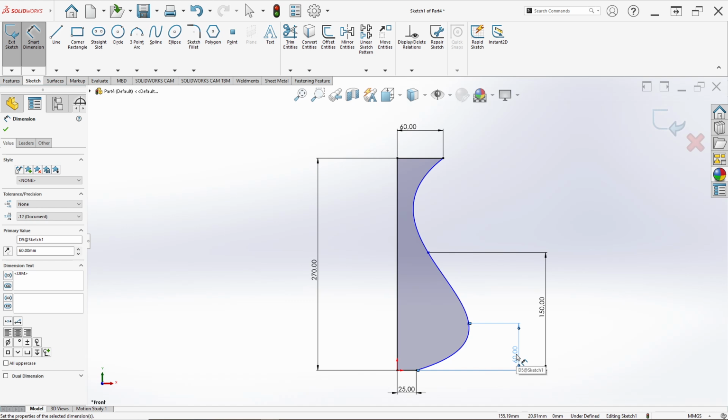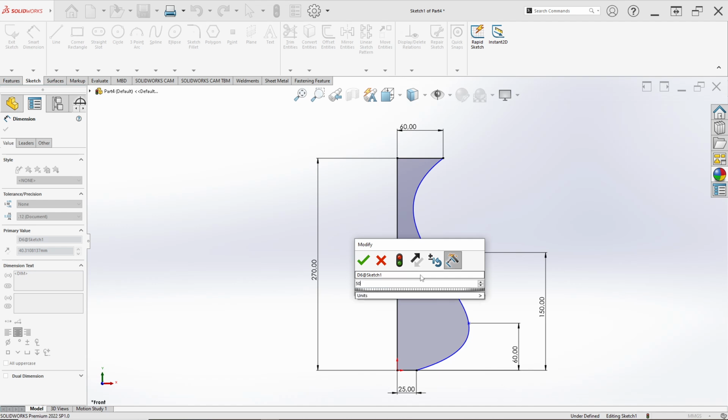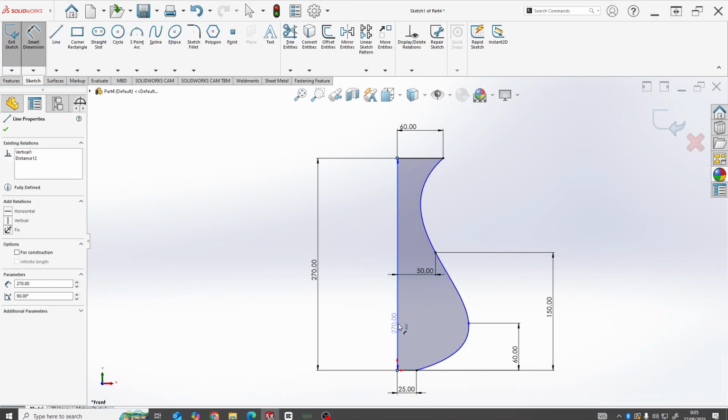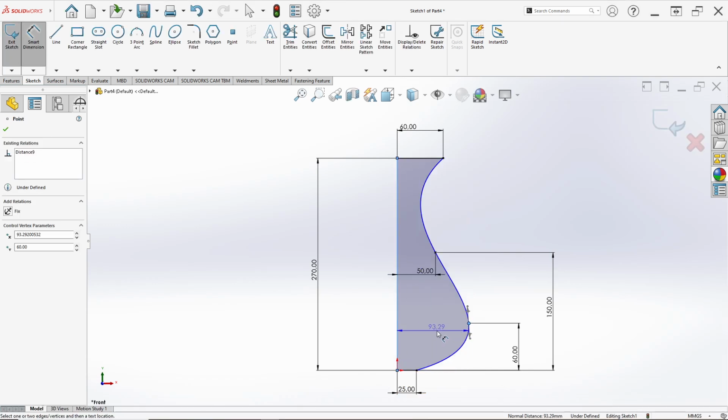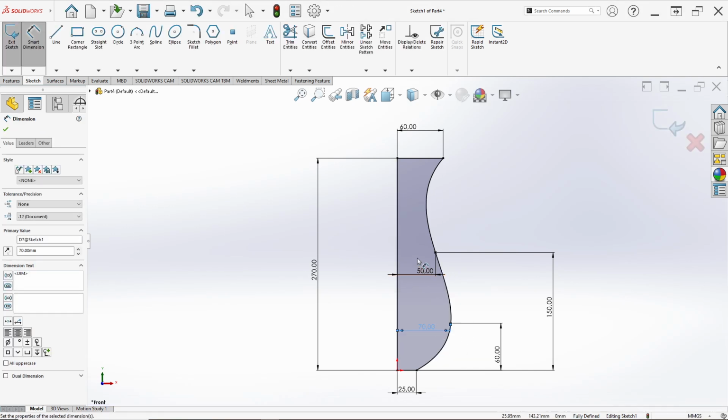Don't forget the width between this line and this point, set for example to 50 millimeter, and this line and this point, for example I set 70 millimeter for distance.